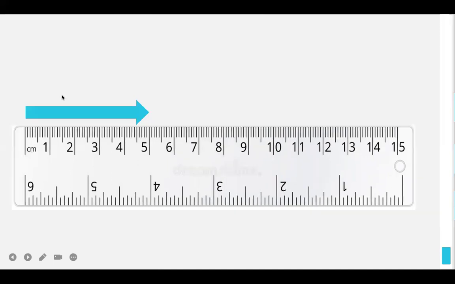Okay, let's say this one. So how long is this arrow? From here, okay, to here. So how long siya? If we measure this arrow, it ends in this long line. This line is number 5. So that is 5 centimeter.